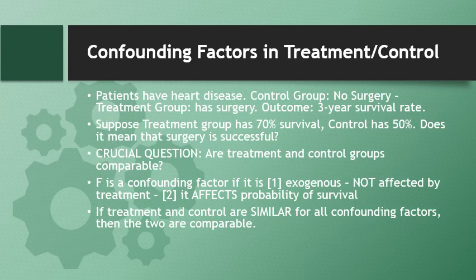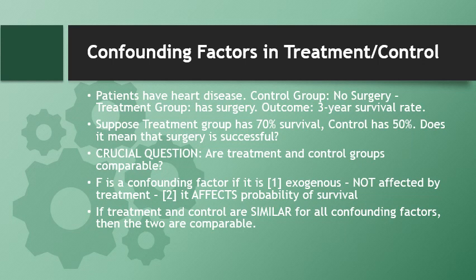The concept of similarity applies to a much more general class of problems, and in fact the classic example is the medical example, where we have two groups. One group has a disease and we do nothing. That's called the control group. The other group has the disease and we apply some treatment. For example, we give surgery to them. So in that case, we compare the treatment and the control group in terms of the outcomes.